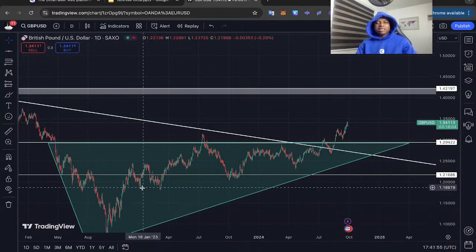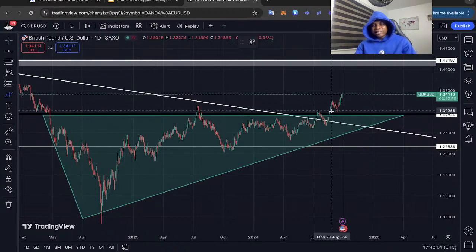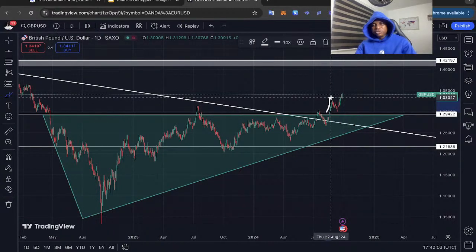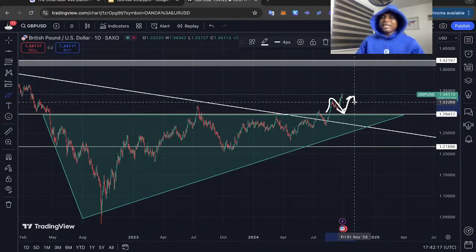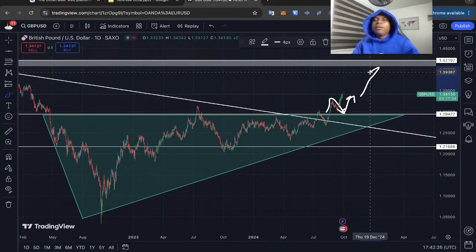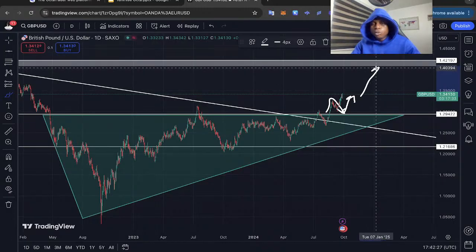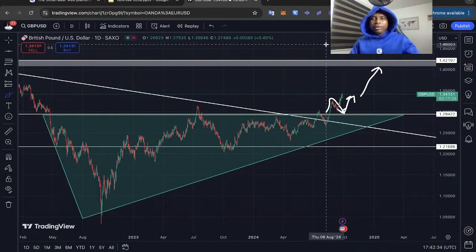So clearly now we can see that price has finally broken out of this resistance zone, and then of course there was a retest, because for every breakout there are 80% chances of a pullback. Now we can see that a pullback had already occurred here, and price kept going back up after the pullback. This only says one thing: there's a high probability that the bullish momentum would move price up to the next resistance zone, because this gap from here,